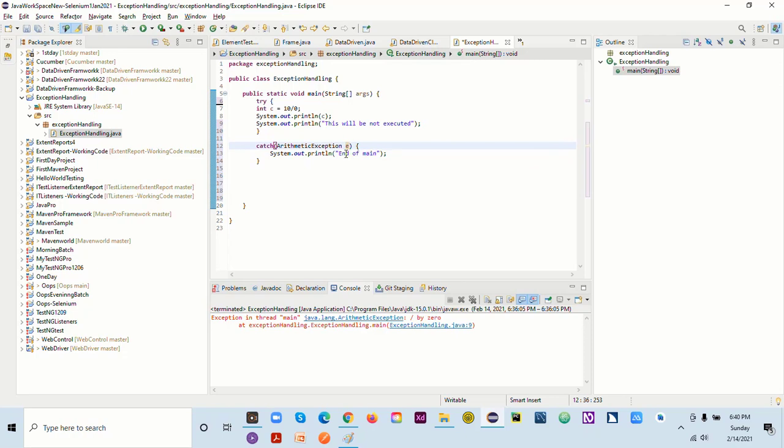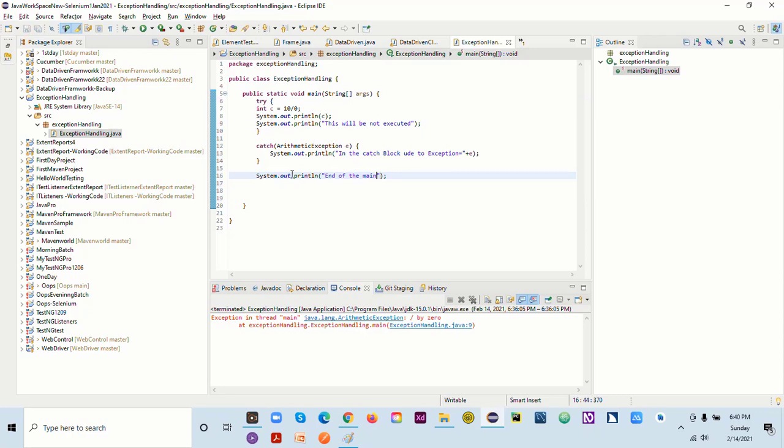So I can say it will be in the catch block due to exception. This is how I'll be printing here. So it will print the detail of the exception. And here if I say system.out.println, end of the main.